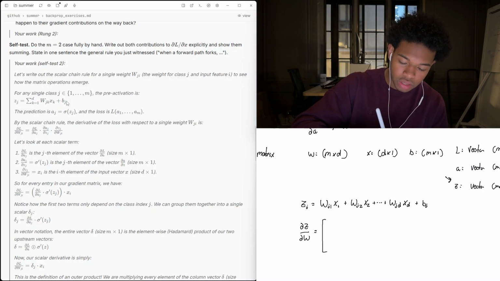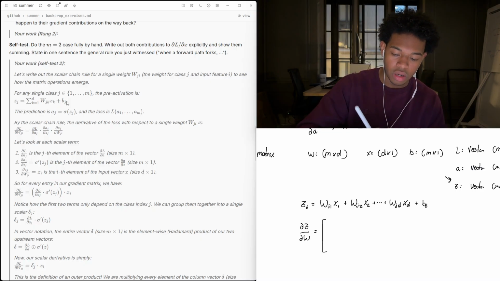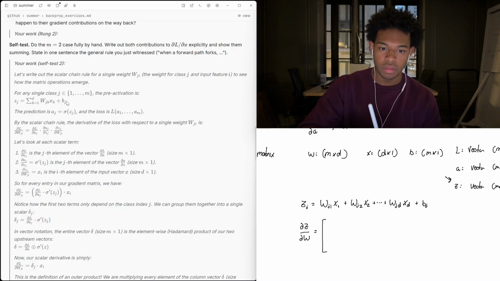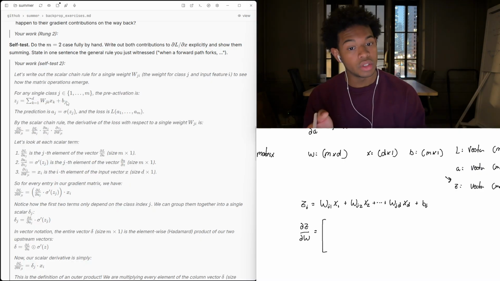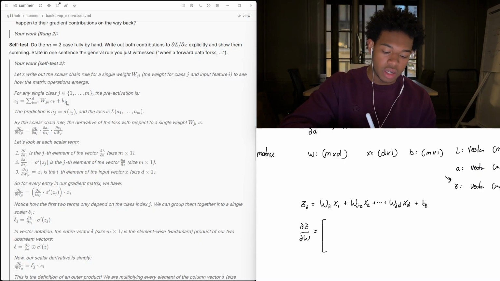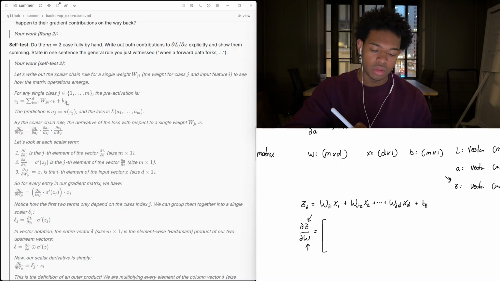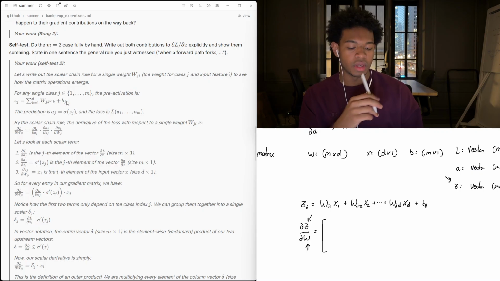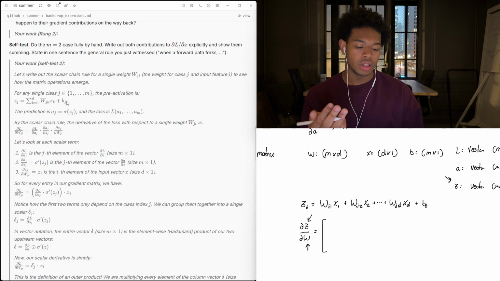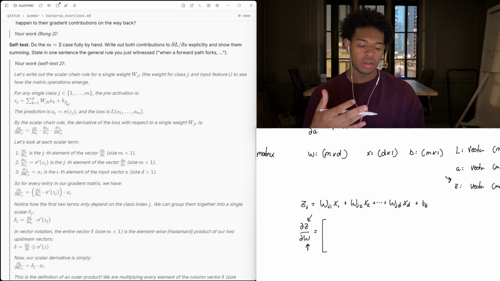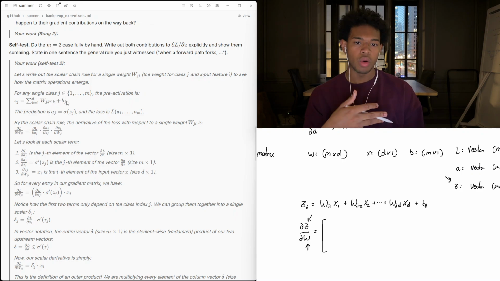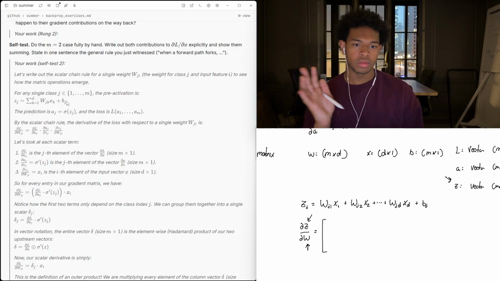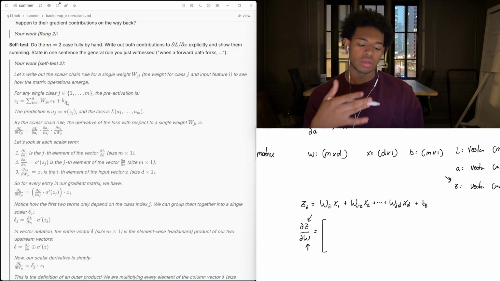Interesting, because we're indexing both J and W, and J is a vector here. So for every row,